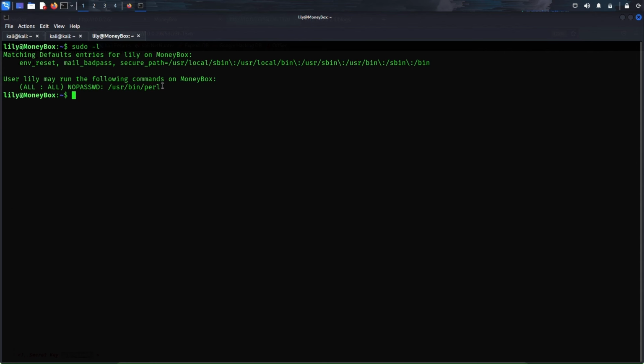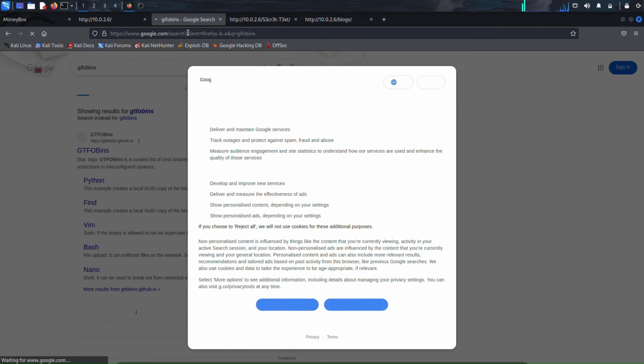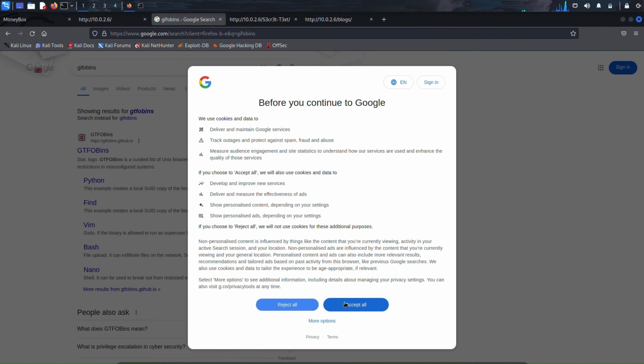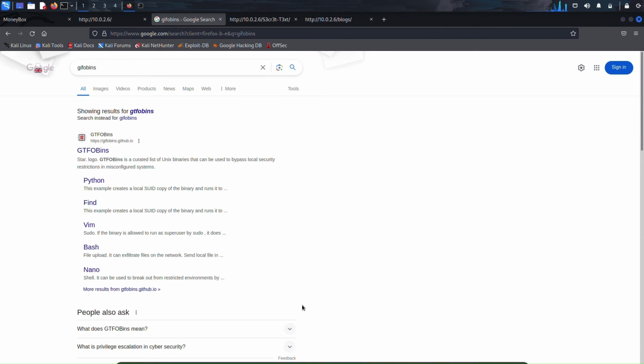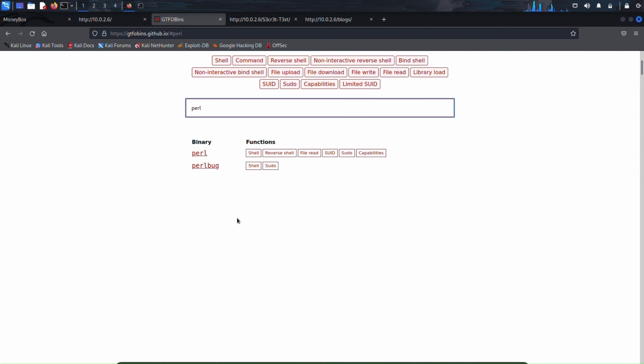much about this. So what we'll do is visit our website called GTFOBins. What this website has is a list of Unix binaries that can be used to bypass local security restrictions. So if there's perl in here, then we might have some commands that we can execute to get the root access. So let's search perl here, and yes, I can see perl here. Let's click it,